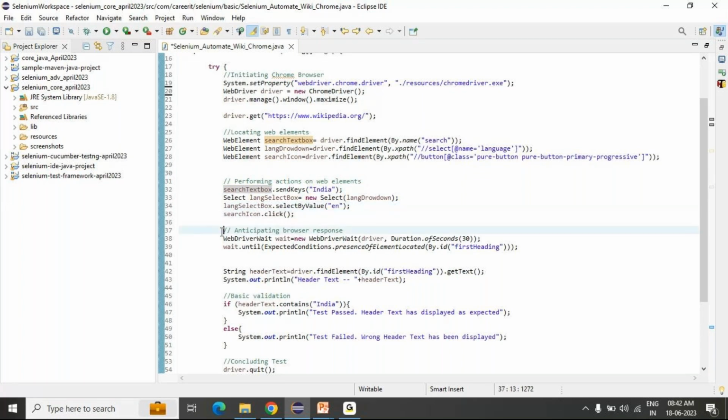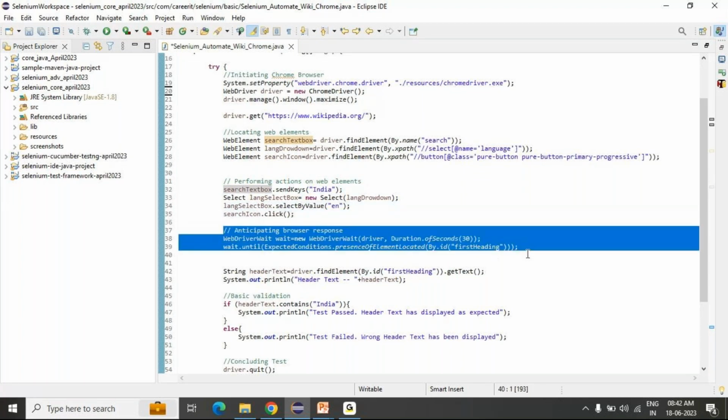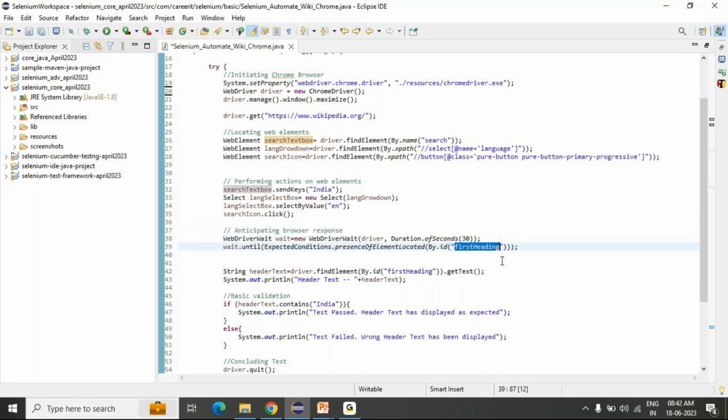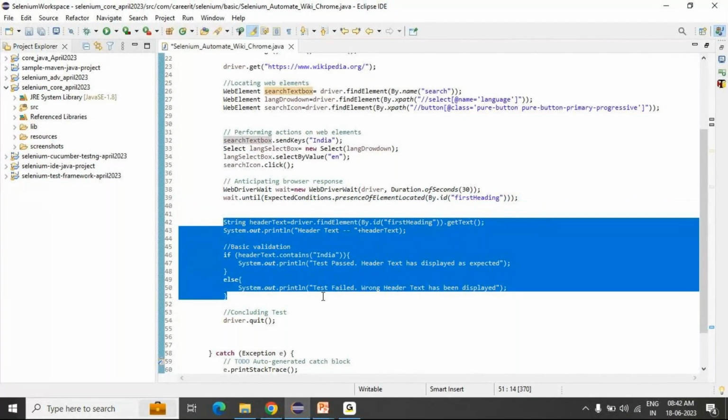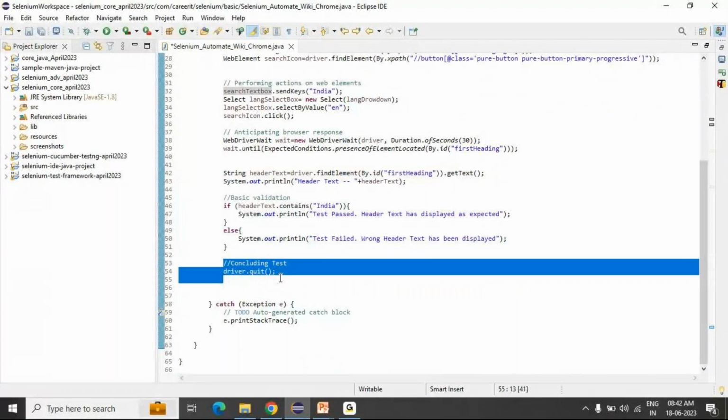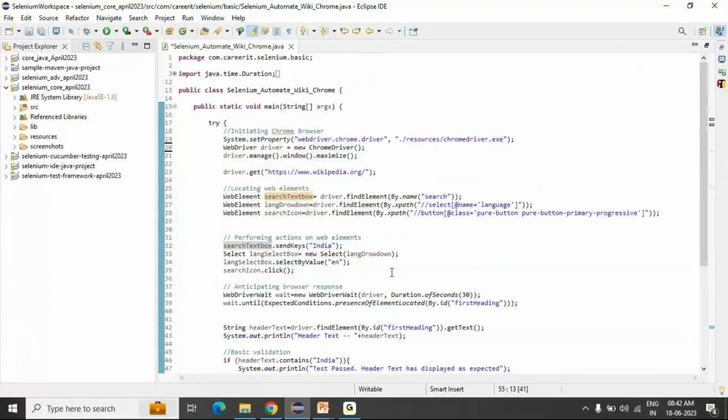Then I'm waiting for the next page to be navigated and for the header text to be loaded. Then I'm reading this header text and validating it, and finally closing my browser. These are the seven steps I followed to automate that simple scenario.